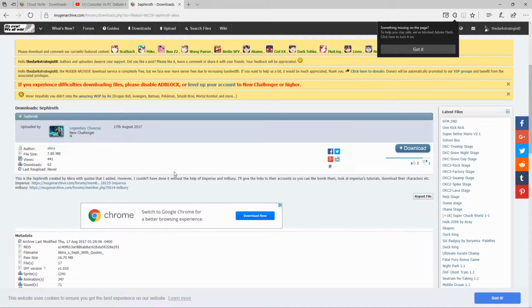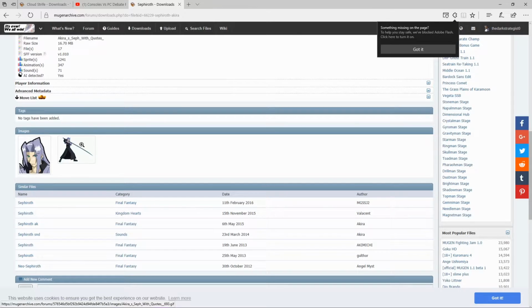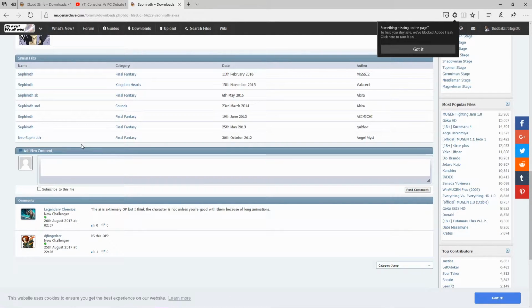And here we go. Here is Sephiroth's file. The person who made it is Akira, and the download size is 5.85 megabytes. There's been a total of 62 downloads and 441 views. So yeah, definitely